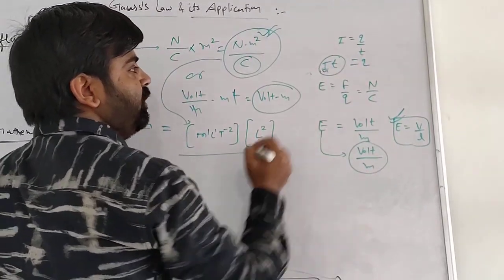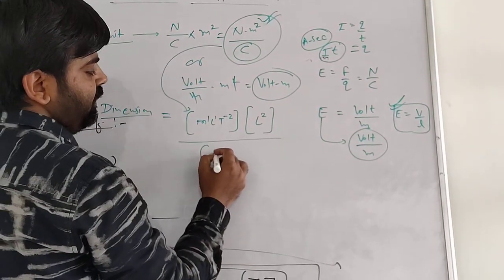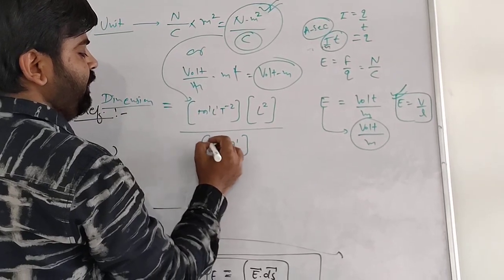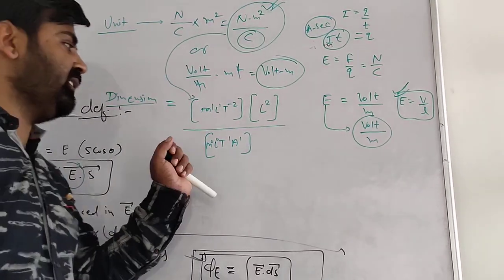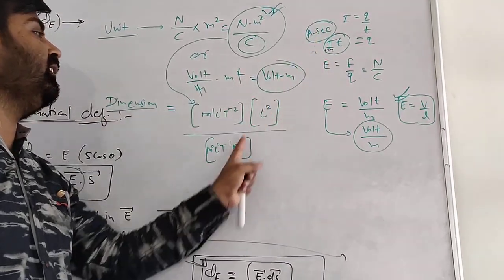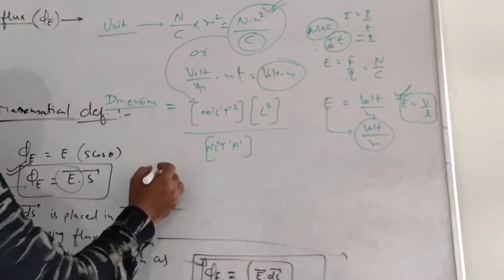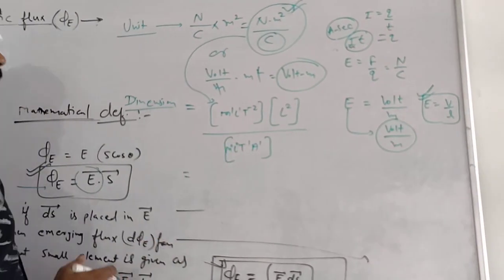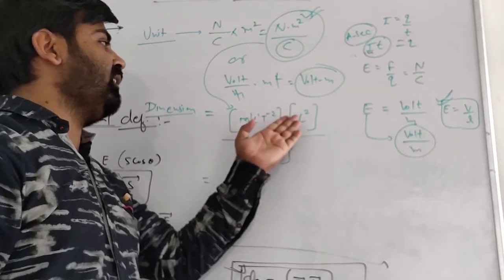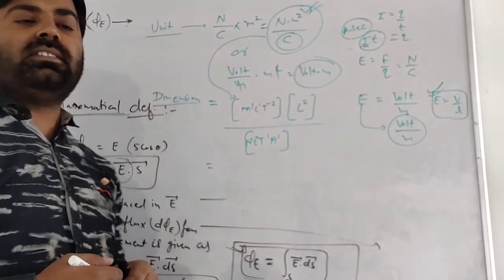Its unit is ampere second. So its dimension is T1 A1 M0 L0. Mass is absent, length is absent. Here only ampere, electric current, and time. So its dimension is M0 L0 T1 A1. In multiplication, the powers of the same base are added, and in division, the powers of the same base are subtracted.